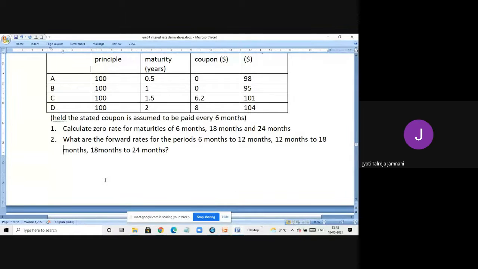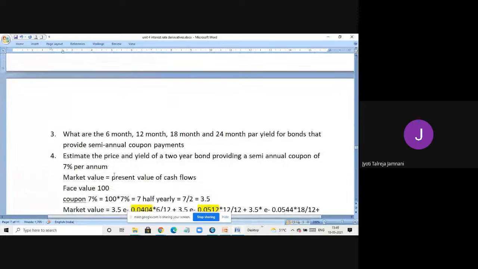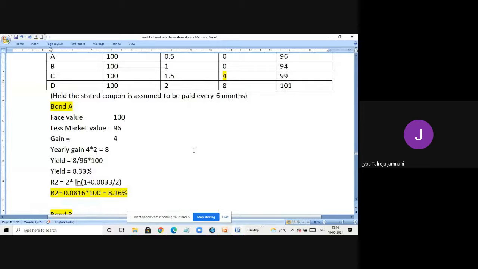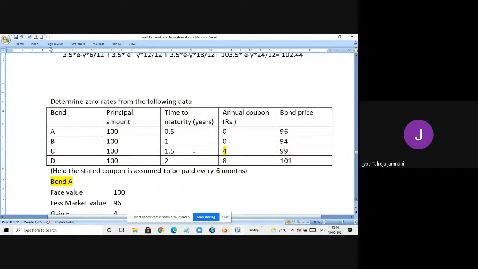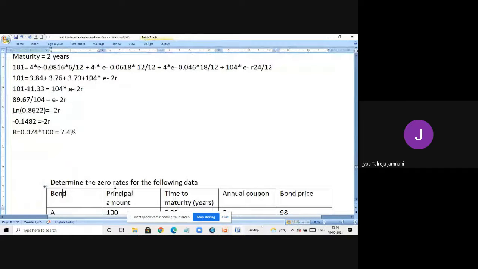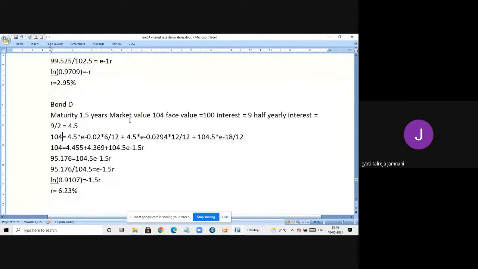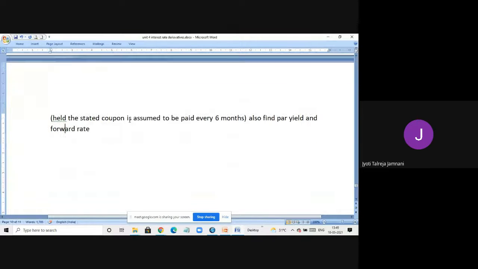This question can be repeated, but they may ask only zero rates and forward rates. The next two, the C by 2 that we calculated, the third and the fourth, are very rarely asked. So all the sums that I solved, I have shown you. These are the sums which I've solved in the previous classes. They've always asked you to find the zero rates. And maximum, after the zero rate, they may ask you to find the forward rate and par yield, which was the C by 2 thing which I solved for you.